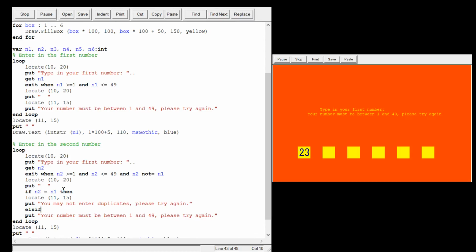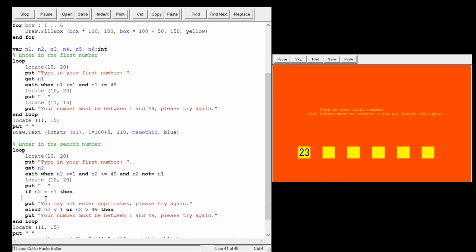Else if. Now we can look at this line and switch it up. So now if N2 is less than 1 or N2 is greater than 49,